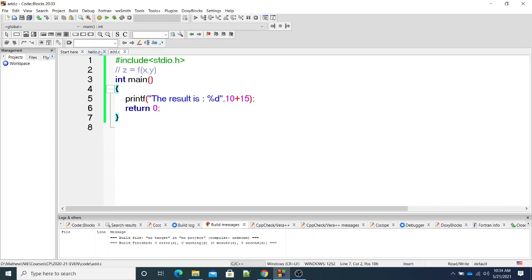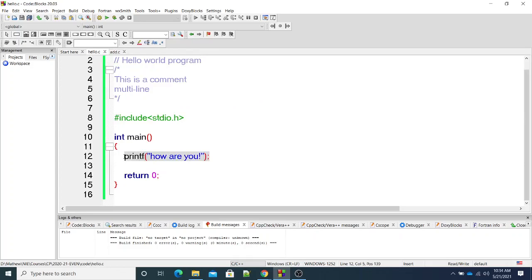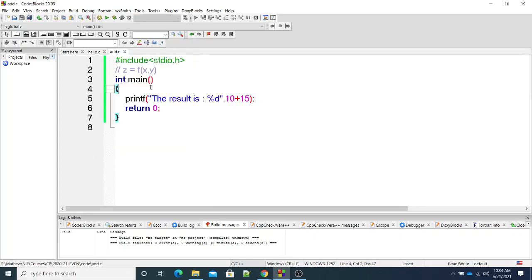So this first version of printf is this, and you are going to see different variants of printf. But there is some pattern, you don't need to learn it by heart. Soon you will capture that pattern and it will be easy for you. So these are the two major ones. This is one string, only one input. This is having multiple inputs. Here it is two inputs. One is a string, second is an expression or a constant. Okay, these two major classifications or patterns, single input and multiple input, we can divide that way.